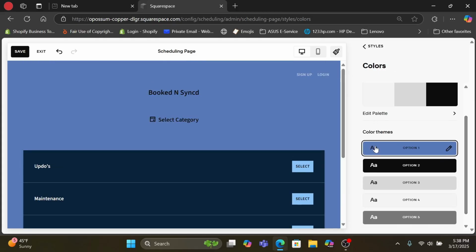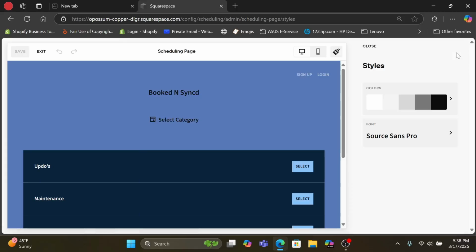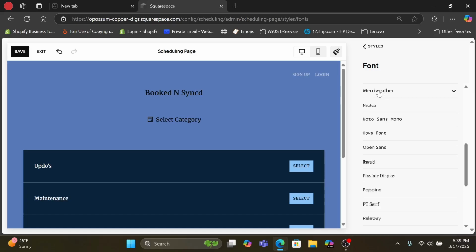And you can continue to customize different themes and save them, and you can switch them up based on different seasons, mood, or just personal preference. So I'm going to save my color changes, but I want to go back in and change my font. Currently we are using Source Sans Pro, and this is actually a newer feature with Acuity. So I'm going to go ahead and choose Merriweather,